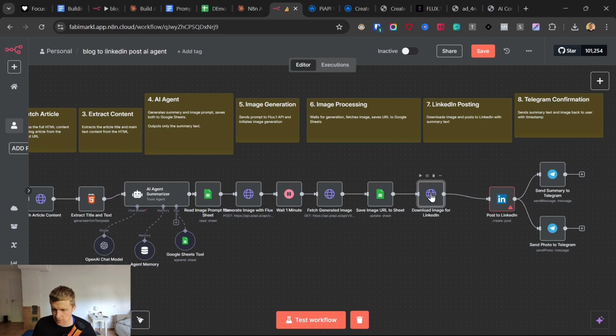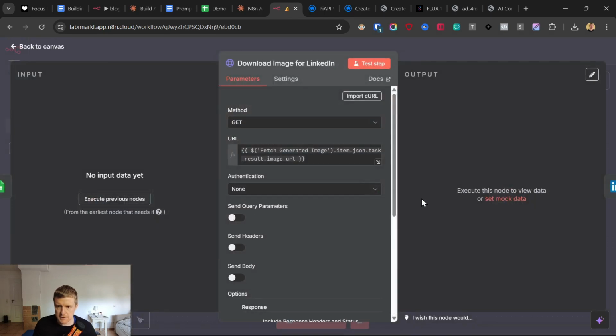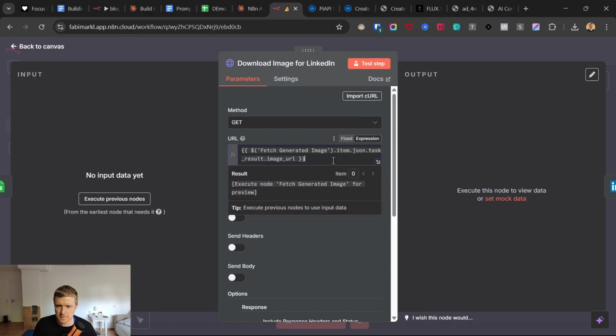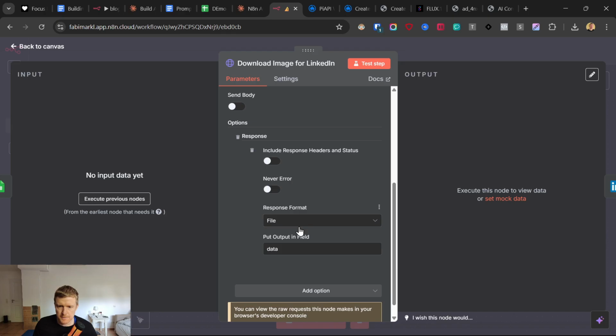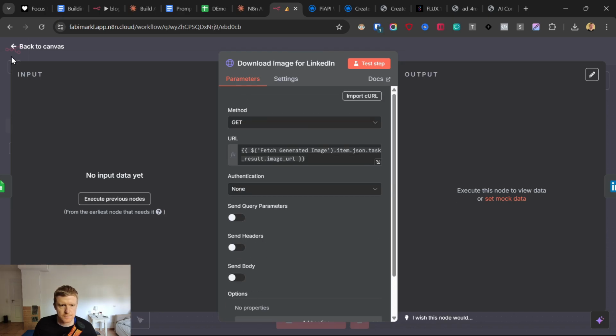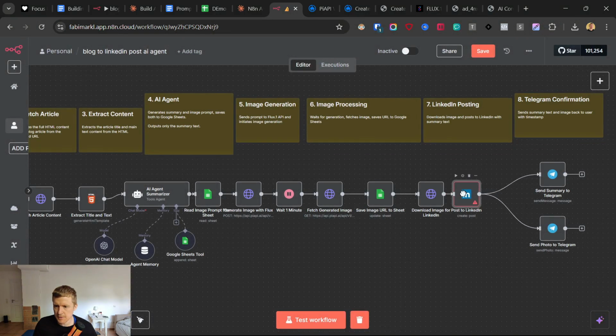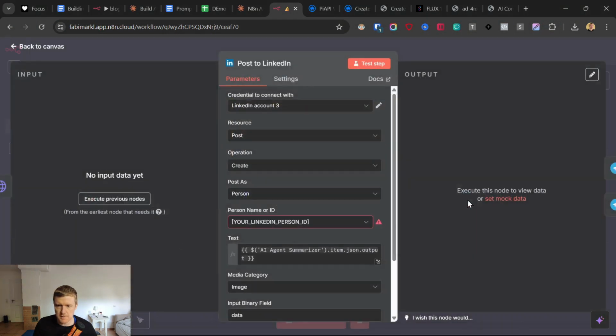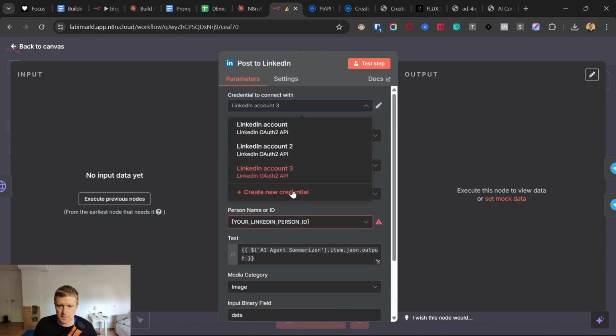So we have download image for LinkedIn. So now we need to have this module here. This is the URL from the other stuff. This is good. Now the response format. We don't really need this. So let's continue. Now the LinkedIn model. Now it looks good. Now the only thing we need to do is click on create new